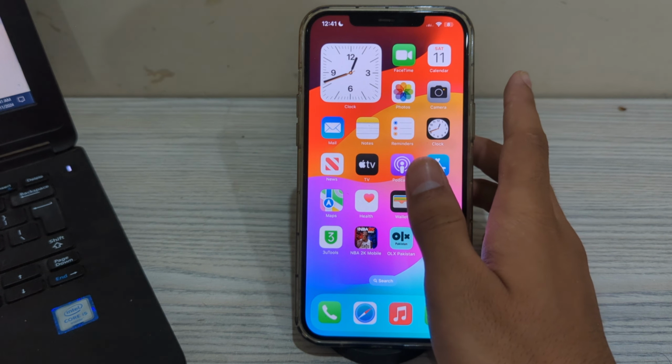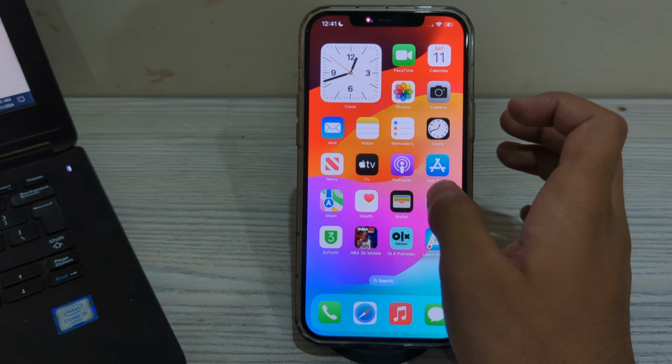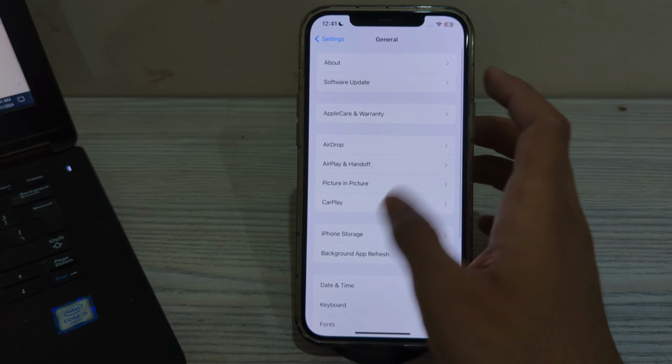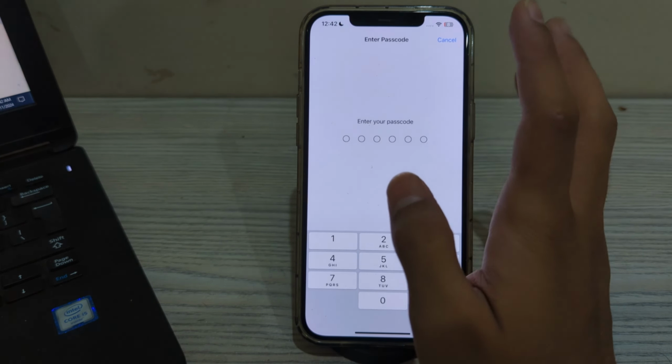So guys, after trying all of these steps, if you're still facing the issue, then I will suggest you reset your network settings. Resetting your network settings can sometimes fix connectivity issues. To do this, you have to simply open settings, scroll down and tap on general. Again, scroll down and then tap on transfer or reset iPhone, tap on reset network settings, enter your passcode and